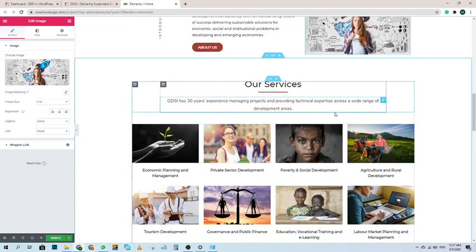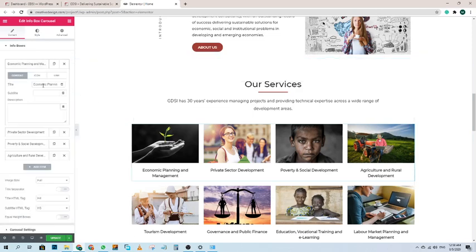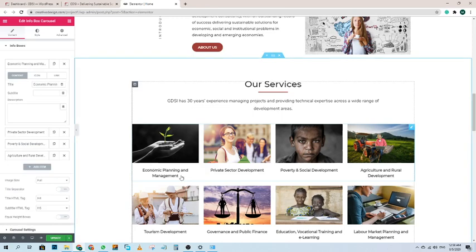So now I will show you this our service section. When you click on this pencil icon or this element, you can see that the name of this element is info box carousel. So if you want to change the text of this economic planning and management, you can change it from here.